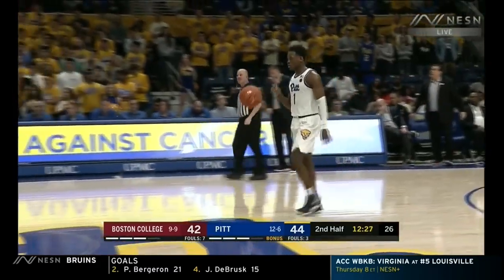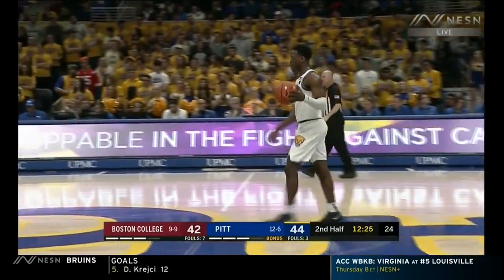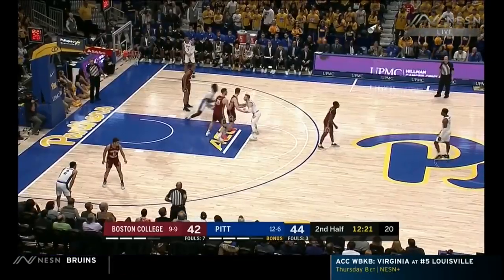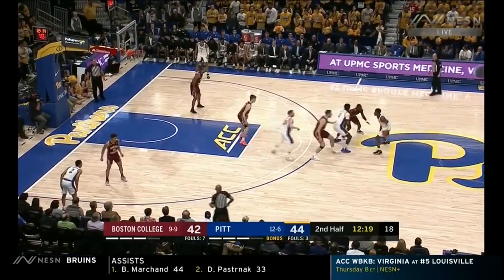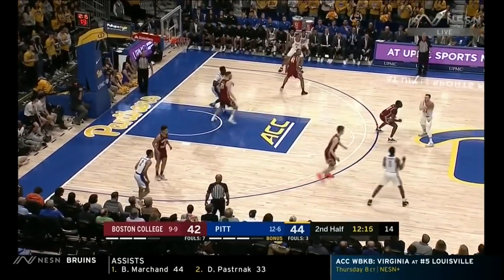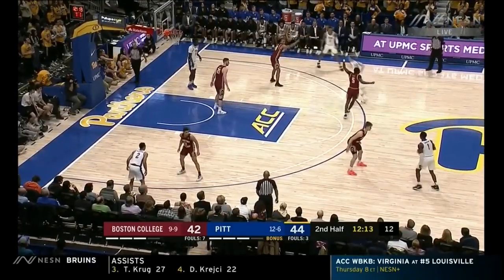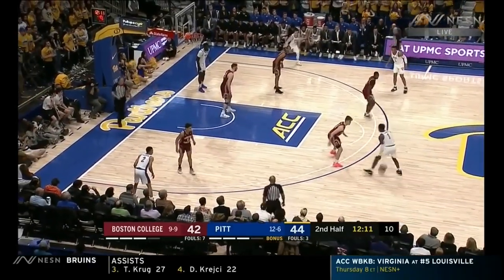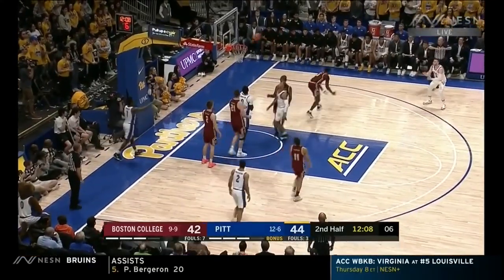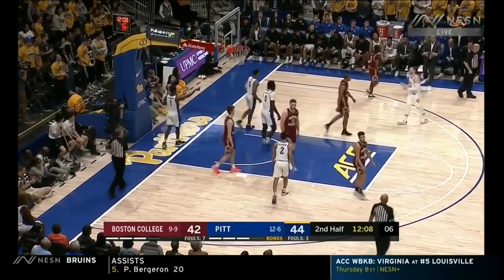So attrition is going to be an issue in the late stages here for Boston College. Way too many team fouls this early in the half, particularly with the Panthers now in driving mode. Spread the floor, which enables Johnson to work on Richwayne, a matchup he likes. Tony in traffic. Wave it off, but that foul will go against